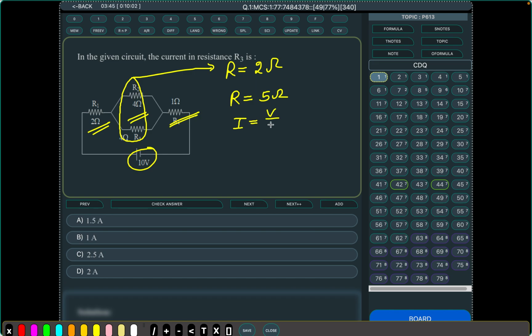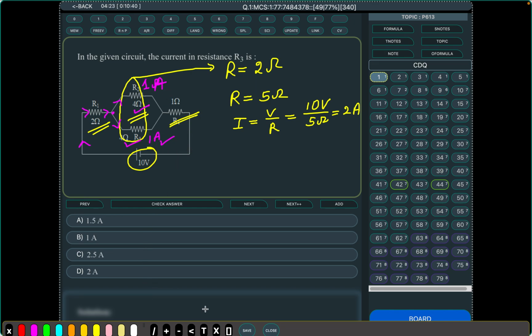Current will be V upon net resistance, that is 10 volt divided by 5 ohms. It will give us 2 ampere of current. Now it is clear that through this wire 2 ampere of current is flowing, but at this junction the current gets divided into two parts. As the two resistance values are equal, the current will get divided into two equal parts. So 1 ampere of current will pass through this resistance and 1 ampere of current will pass through this resistance,